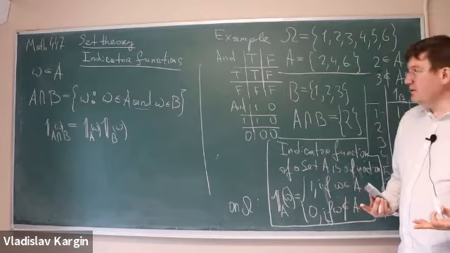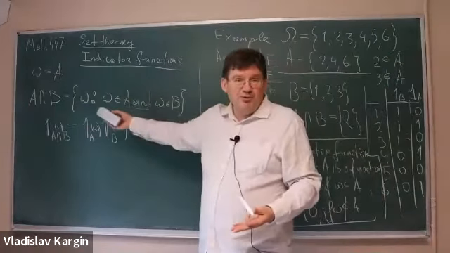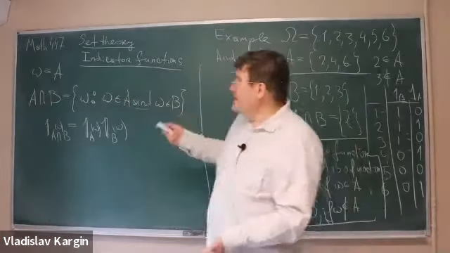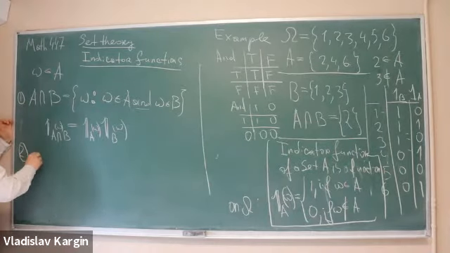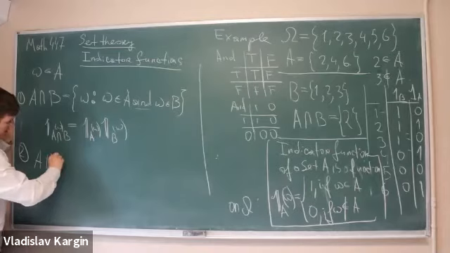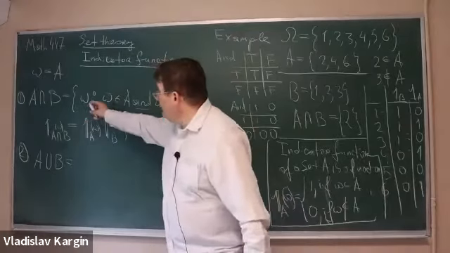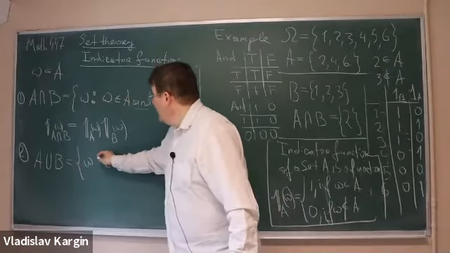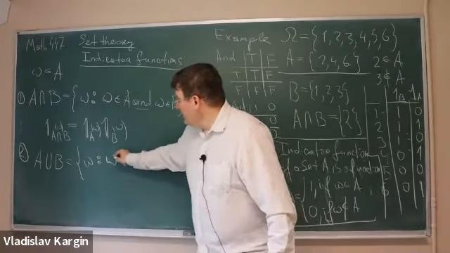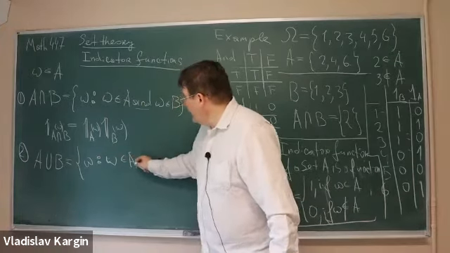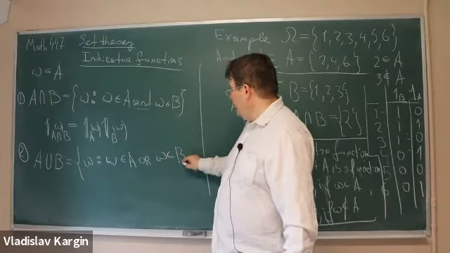So questions about this? This is this whole long speech about the intersection of two sets, but it makes it easy to talk about other things. So this is intersection. The second operation is union. The union of two sets is the set of all outcomes omega such that omega belongs to A or